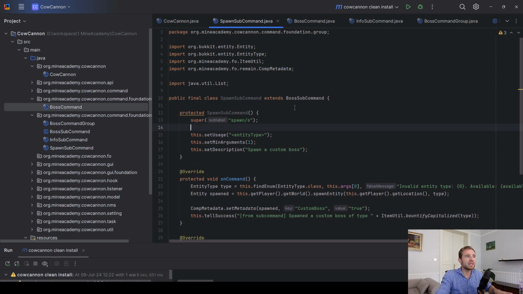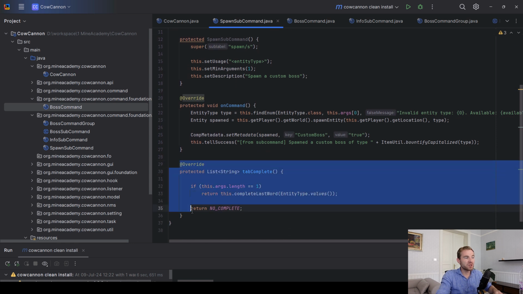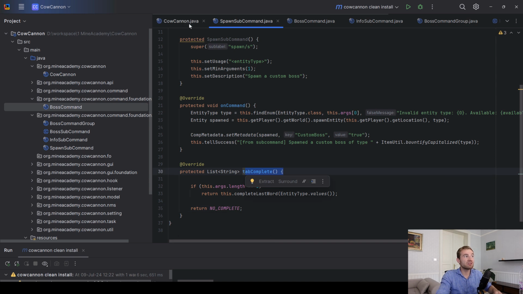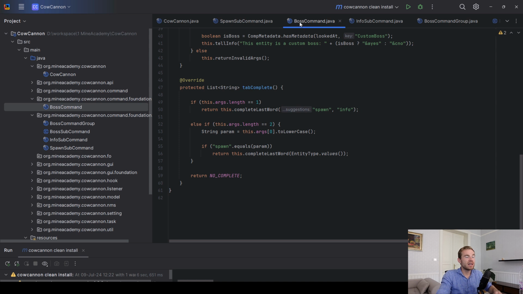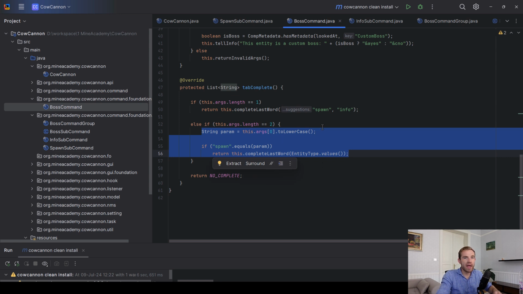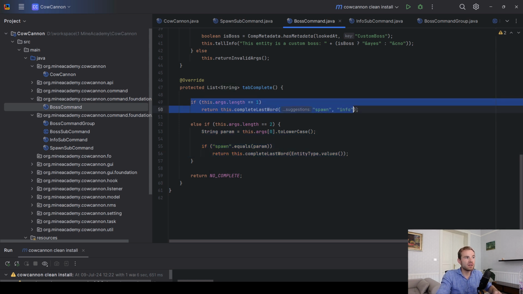The reason we don't is that 99% of people just have one command group, and that is for the main plugin's command. So there you have it. By the way, in the source code below this video, I'm also gonna show you how I've added tab completion. It works extremely simple. This is the exact same way that we've done in the last video. However, this is only basically this. So it's way simpler, and Foundation even completes these available sub-arguments for you automatically,